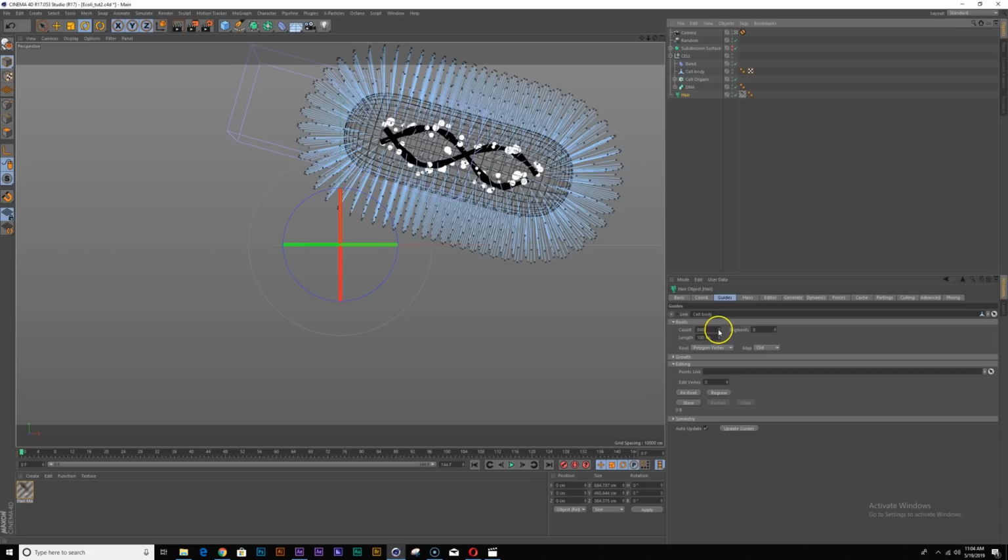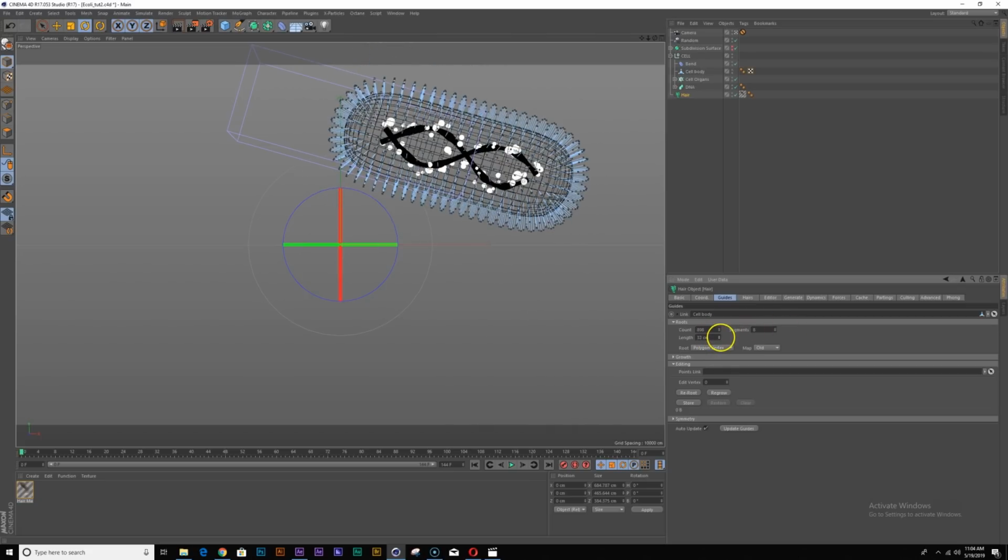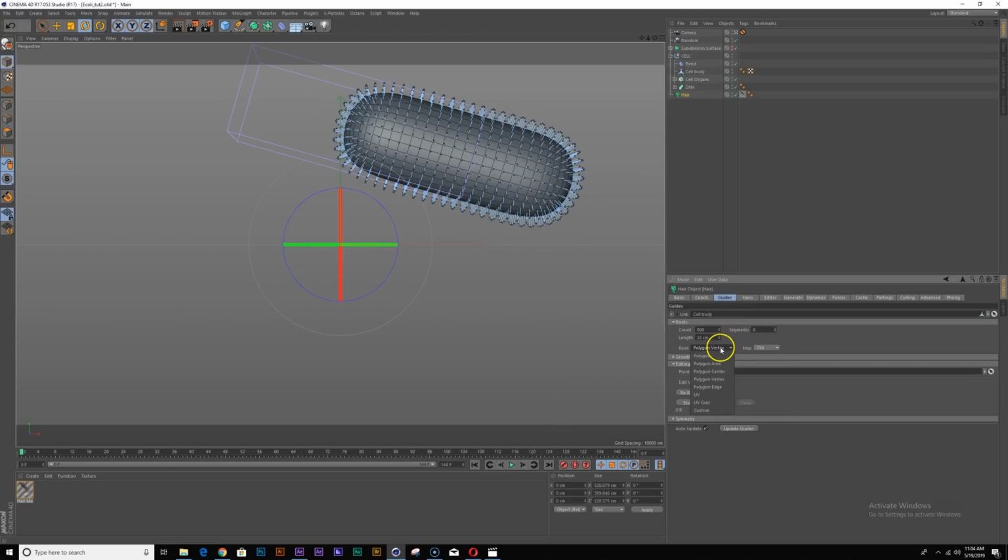Right now the count is, well, let's turn it down a little bit. Change the root from vertex to area. And the count, let's halve it, like say 400 for now. And let's hit regrow. Okay.